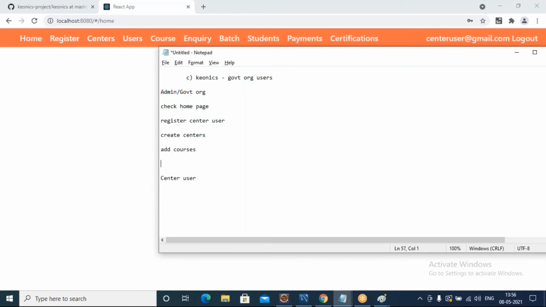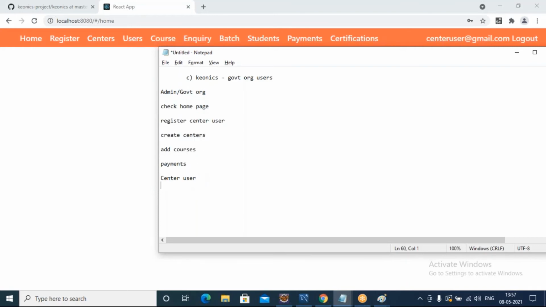But he is not allowed to add inquiry, batch, students, and certifications. All this will be done by center people. So that's the reason he can just view the data inside this, or he can approve the certifications, but he cannot add anything here. He can also add payments. This many operations the admin or government user can do.